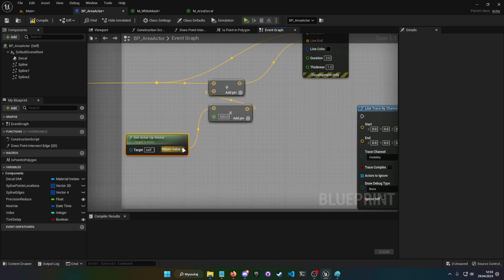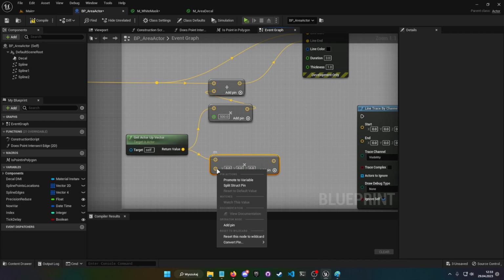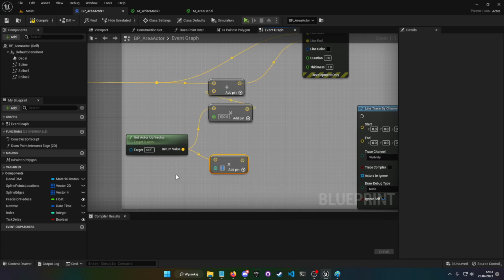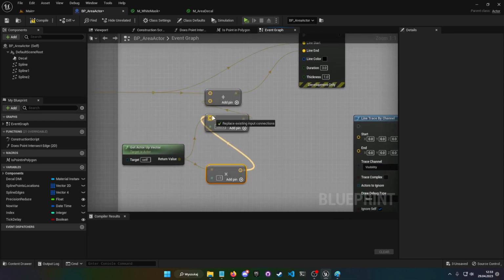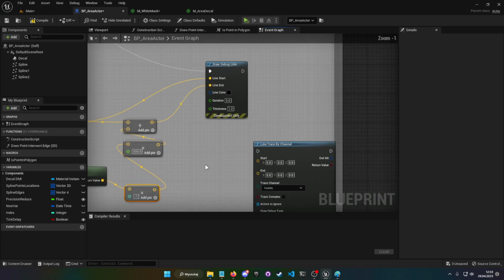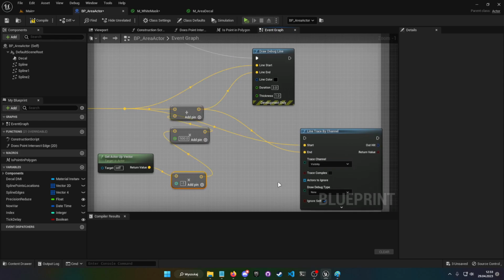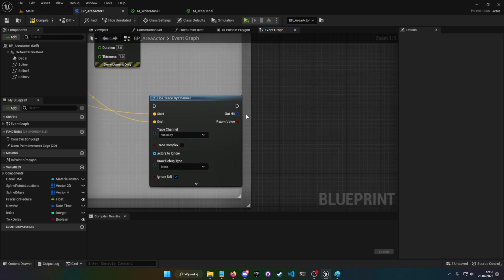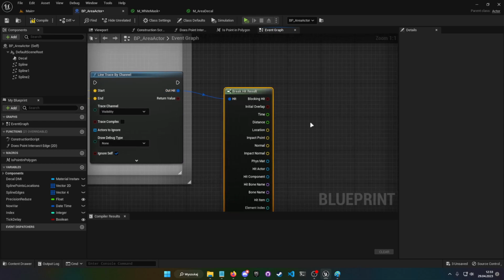And down vector is, of course, up vector multiplied by -1. And this is a down vector, so we use this instead, right? So plug this into start, plug this into end, whatever, and on hit result, you can break it,